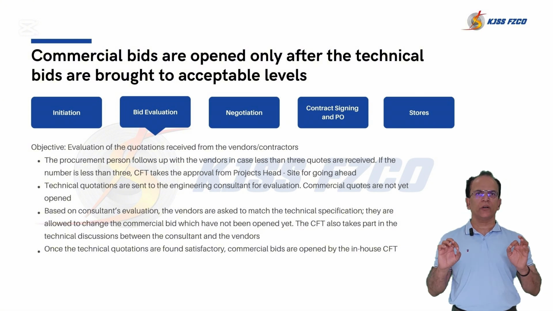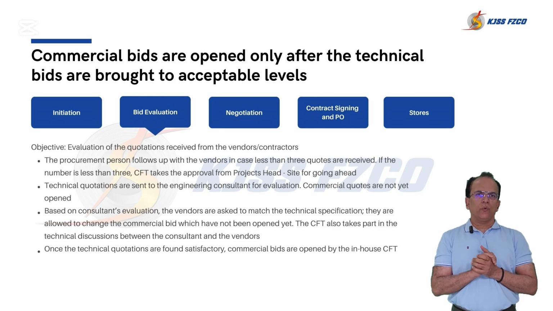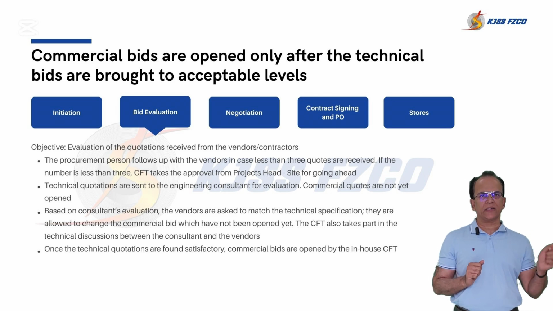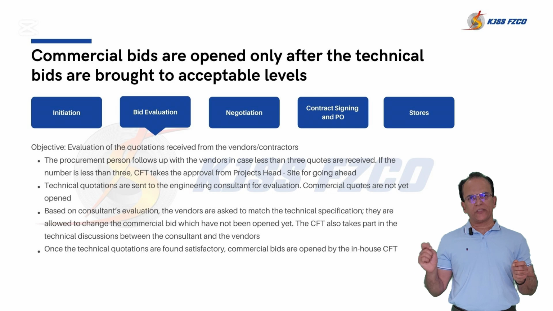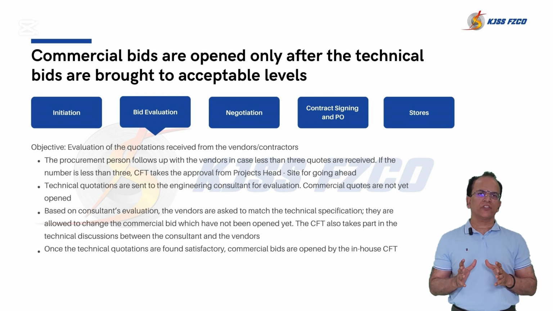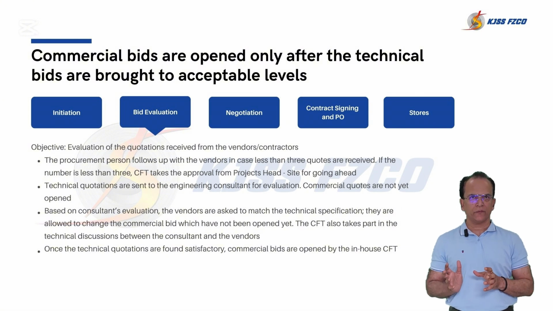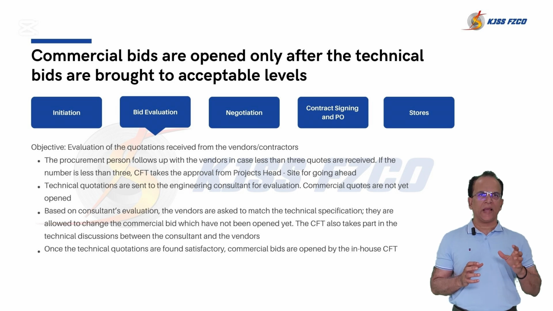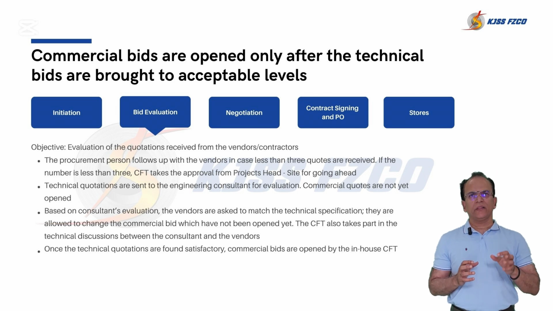on the commercial terms. So once the technical terms are agreed and signed, technical specification is agreed and signed, commercial specification is agreed and signed, then the cross-function team will approach for opening the commercial bid. Once all technical offer and contract terms are agreed and signed, the CFT opens the commercial bid pricing part for